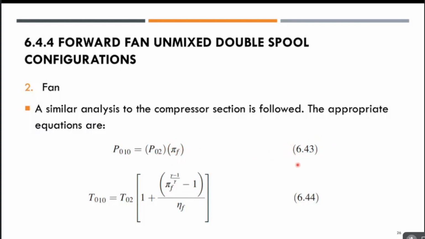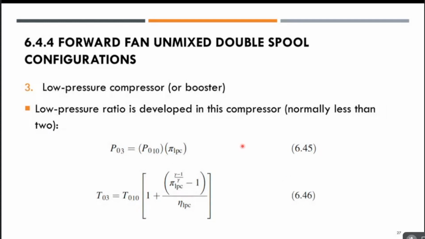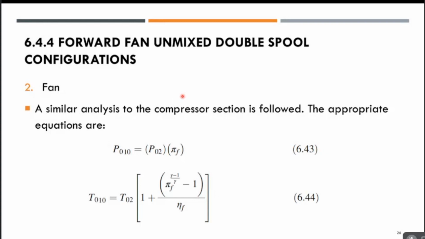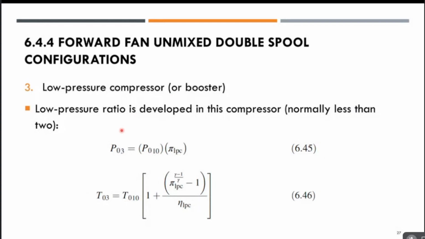This is equation 6.43, and the temperature at station 10 at the fan equals this expression, which will be used as equation 6.44. With regard to the low pressure compressor, if you look here for the fan and the compressor, we are using the same approach. Now we are sitting at the compressor, P03,